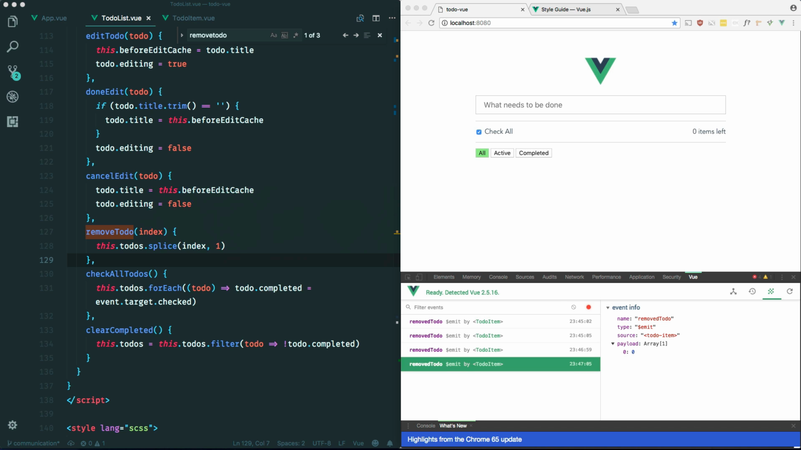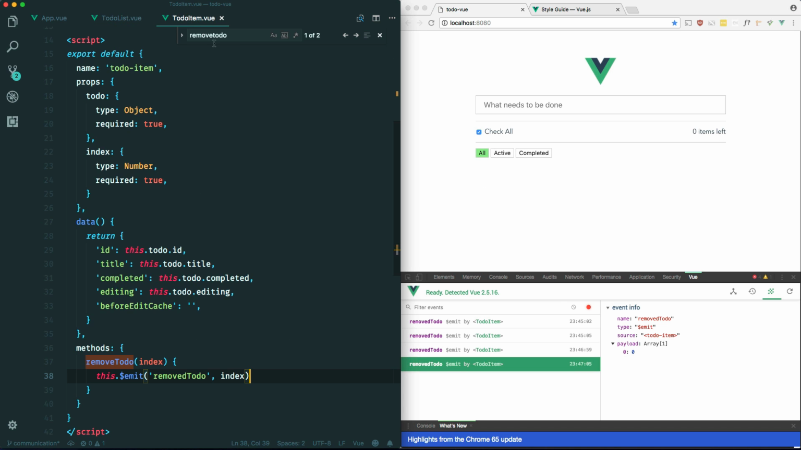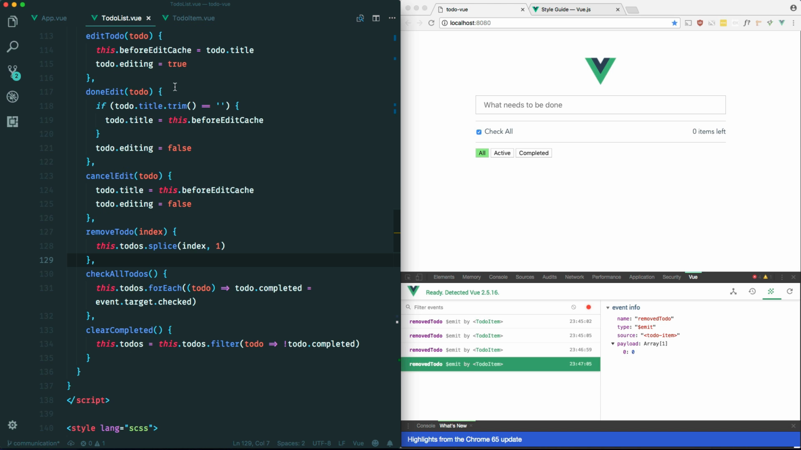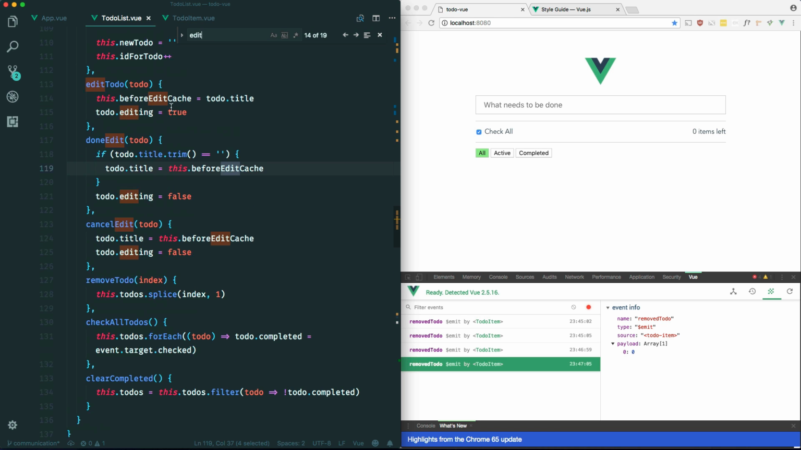Okay, now let's look at editing. So back to our child component, and let's look at what happens when we double click. We have this edit to do method. So let's take a look at what happens in the edit to do right here. So this now lives in the child component, so we can still do that. And so does this. So we can basically just copy this method